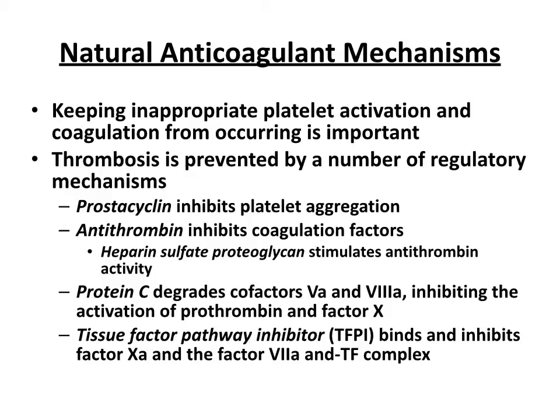Really big picture for us, though. Tissue factor pathway inhibitor is going to inhibit the tissue factor pathway. Again, a big step in the tissue factor pathway, as well as the other pathway, is to activate 10A. This is going to stop that, right? So if you inactivate 10A, you're going to stop the conversion of prothrombin to thrombin, and if you stop that, then you're stopping the conversion of fibrinogen to fibrin.